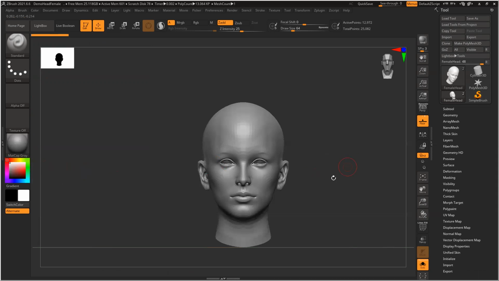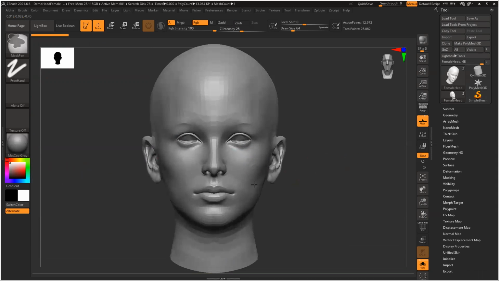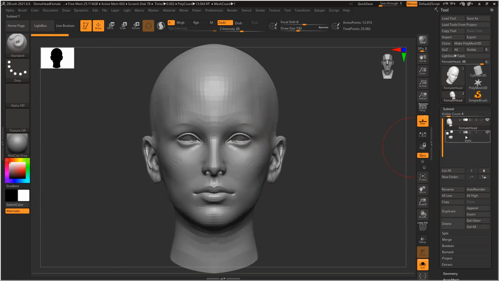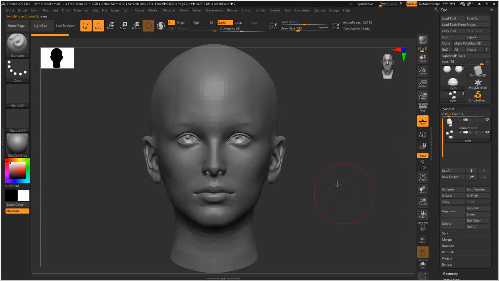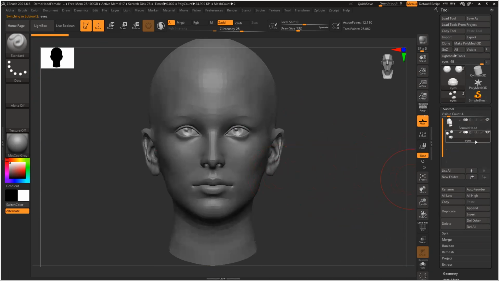So first thing first, we have the eyes and all. That is something we can fix. So eyeball, there is no eyeball. Oh, eyeball is there. Oh, my solo mode is on. So eyeball is there, and the denture is also there. Teeth are not required. If I want, I can definitely separate. Let's split two parts. Everything is separated.